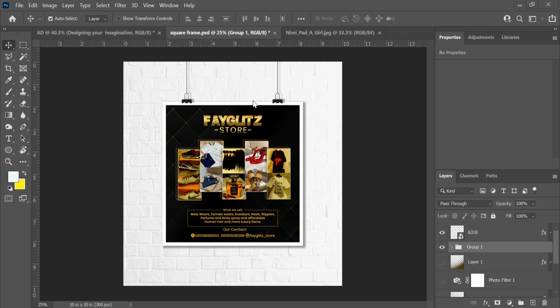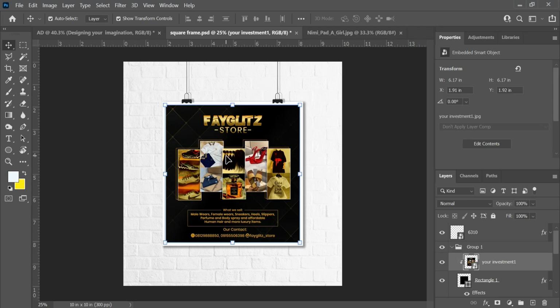Okay, so now this is a mockup. It's more like a wall mockup, whereby you just place your design and it will be as if you placed it on a wall. Now what I want to show quickly is, let me click on this so that it shows the transform. Once you click on this, you discover that this has opened up. So meaning that if I turn this off now,